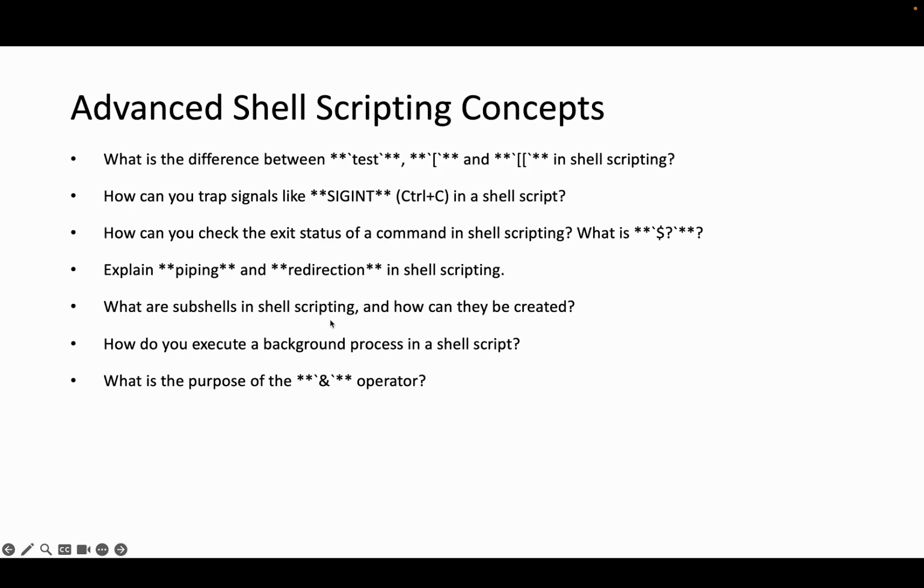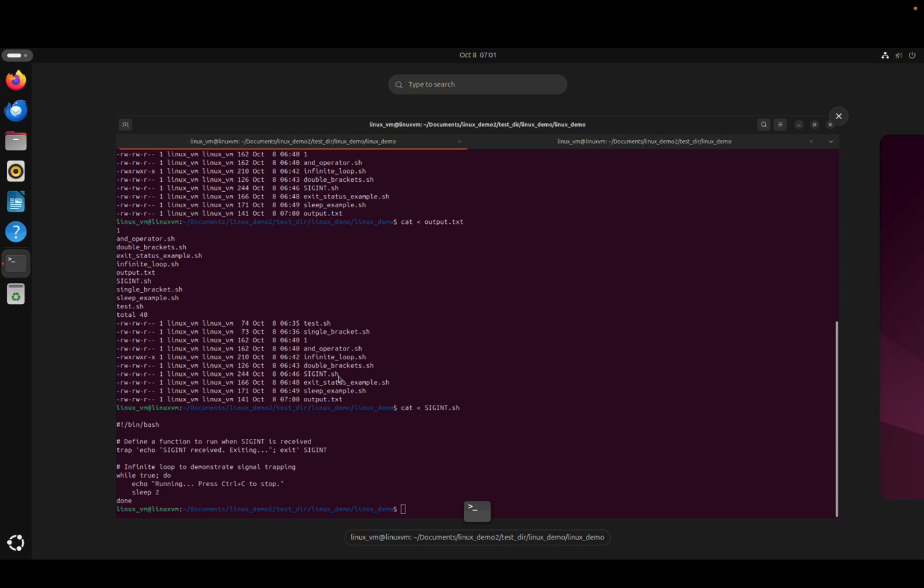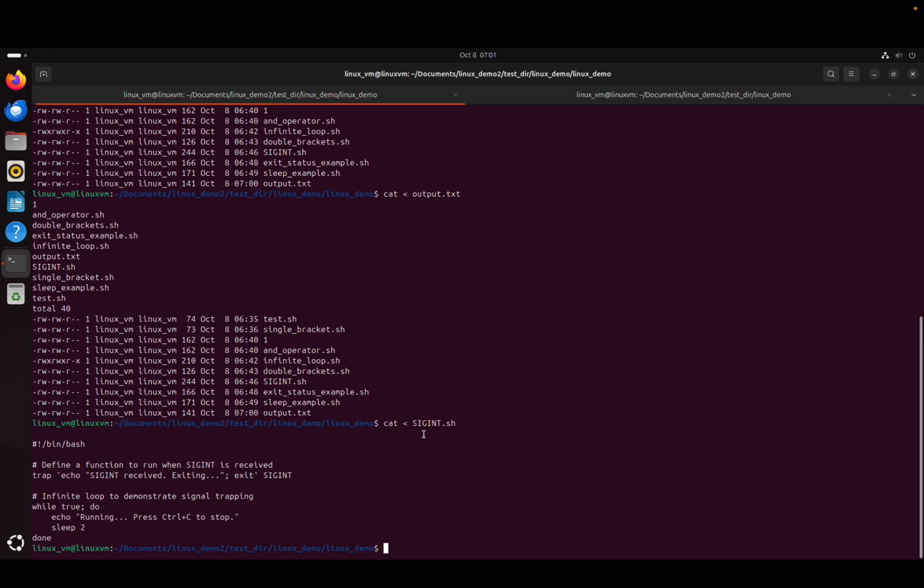What are subshells in shell scripting and how can they be created? So a subshell is a separate instance of a shell that runs as a child process. It inherits the environment of the parent shell but can run commands independently, and any changes made within the subshell do not affect the parent shell. So let's create a subshell. For example,